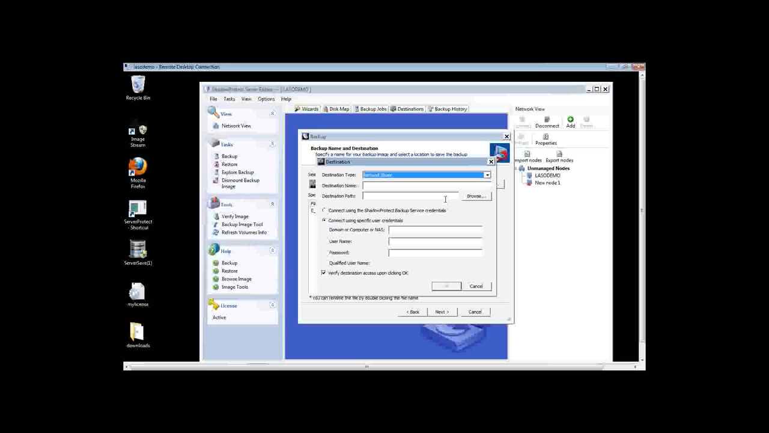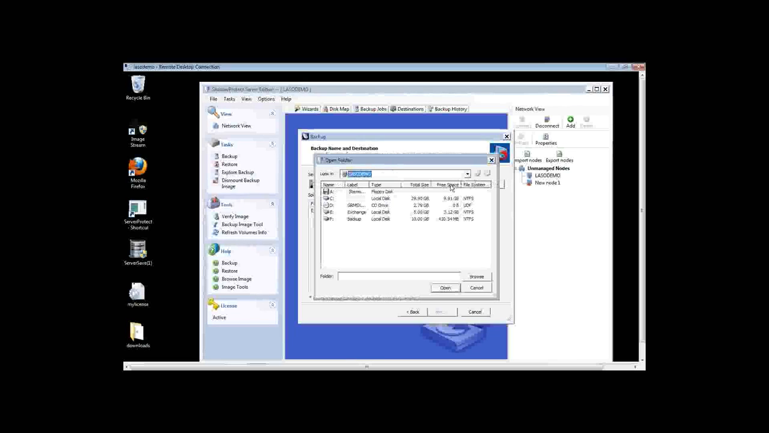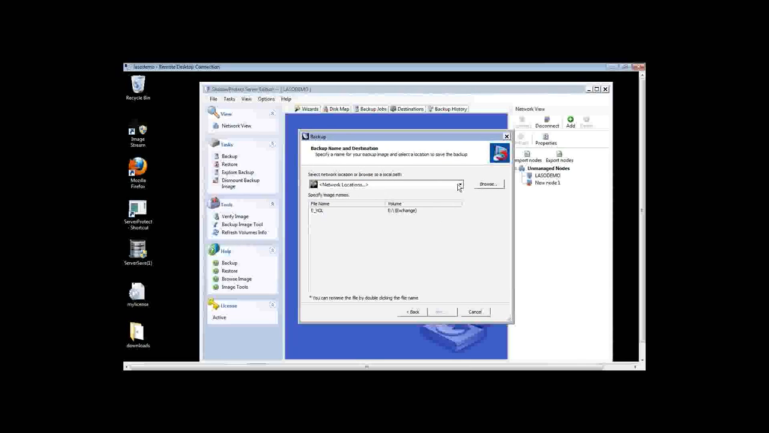So you would put in your network location here, or you just browse and you pick a mapped drive, whatever the case may be. But for this